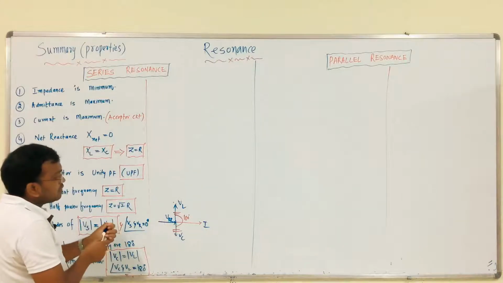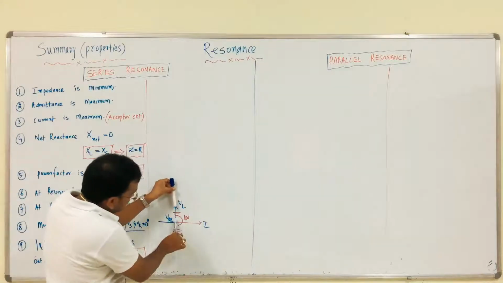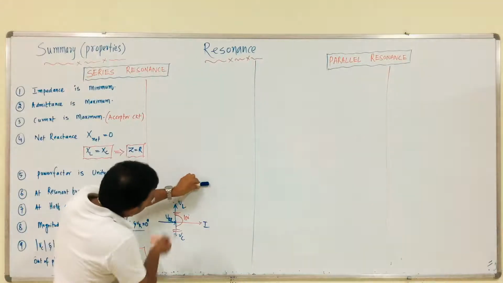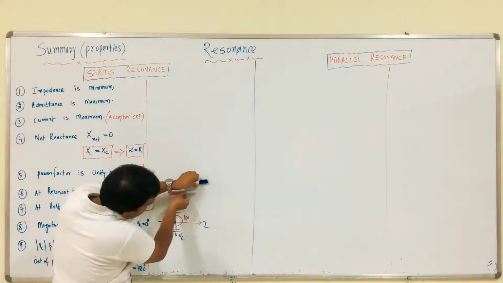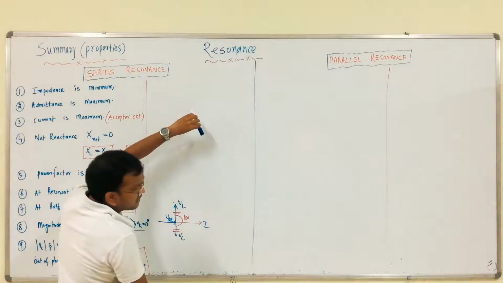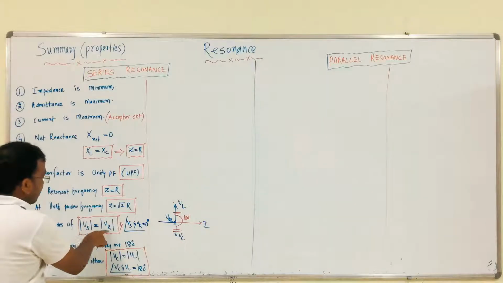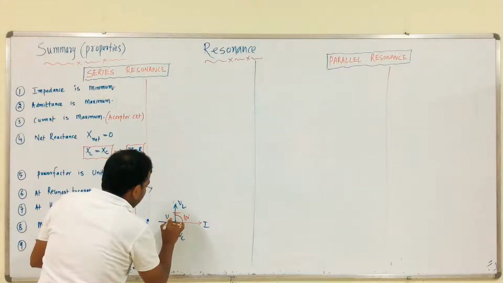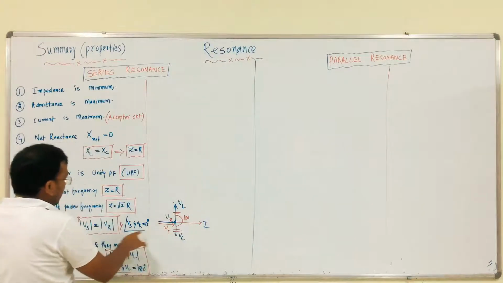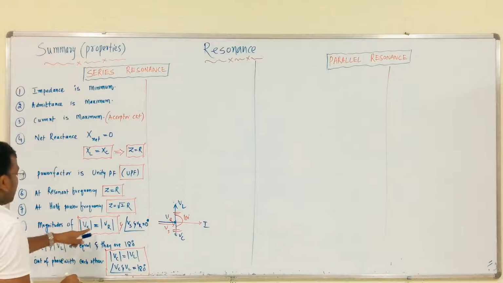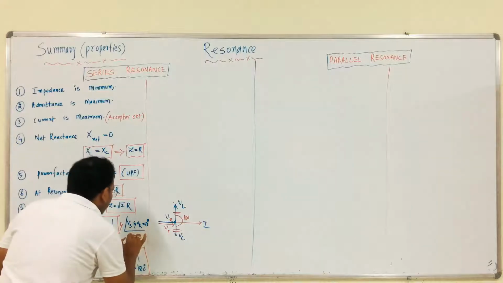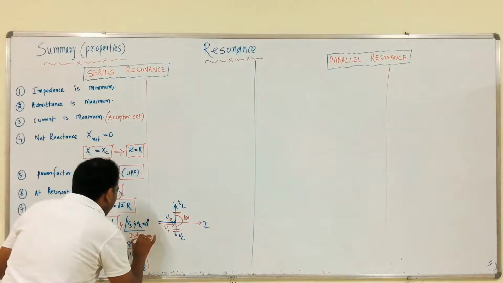Out of phase means what? VL is like this, VC is like this. That's why they are named out of phase. In phase means I is like this, voltage across resistor is in phase, like this. Both are like this in phase, both are like this out of phase. Clear? Then what about Vs and Vr? See, Vr is like this, both are cancelled, therefore obviously Vs should be equal to Vr, in phase with each other. Magnitudes of Vs should be equal to Vr, and the angle between Vs and Vr should be 0, means in phase. Clear?